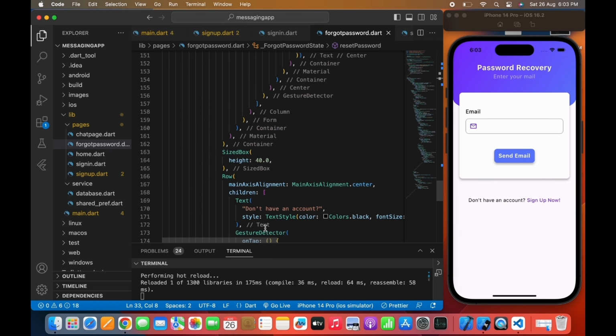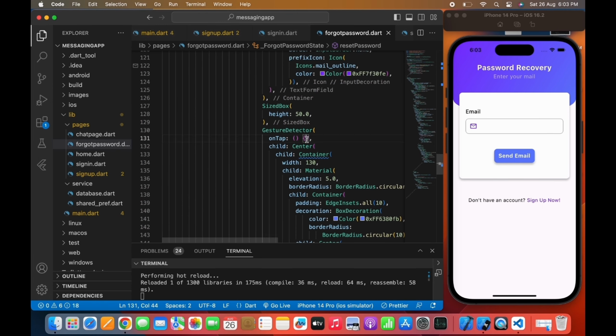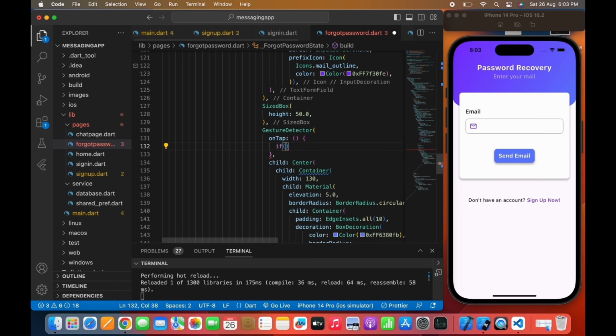So it is done. Now let's move to the send email button and we'll write a few lines of code